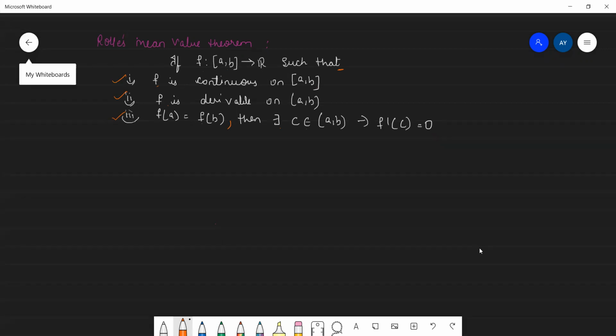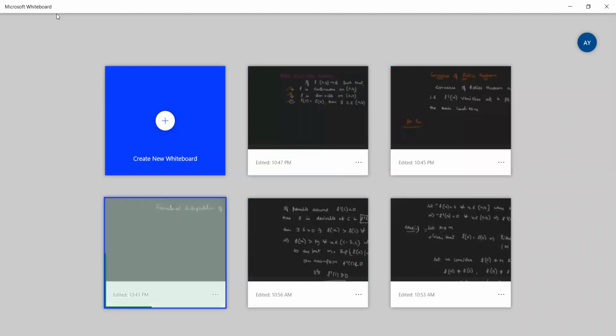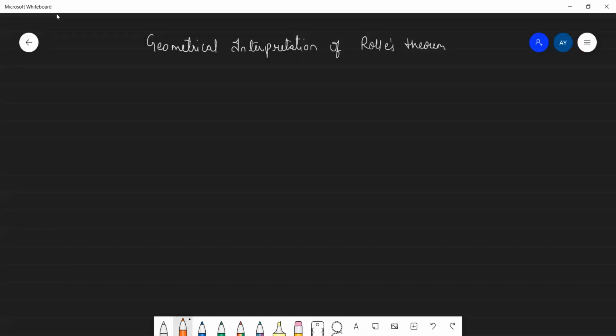We'll quickly move into the geometrical representation for this and then we'll move into the proof. So the geometrical interpretation says there are three conditions of Rolle's theorem. The first one is f should be continuous on the closed interval [a, b]. The second condition is it should be derivable on the open interval (a, b). And the third condition is f(a) is equal to f(b). Now moving on to the geometrical representation of this,